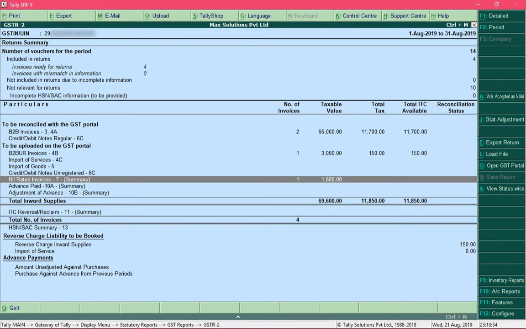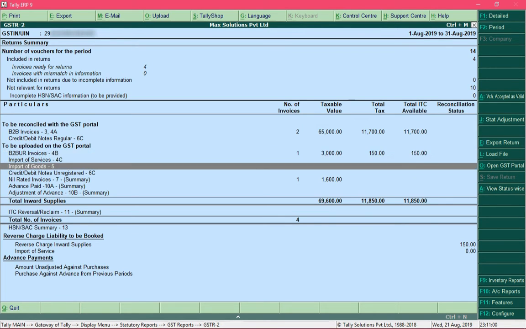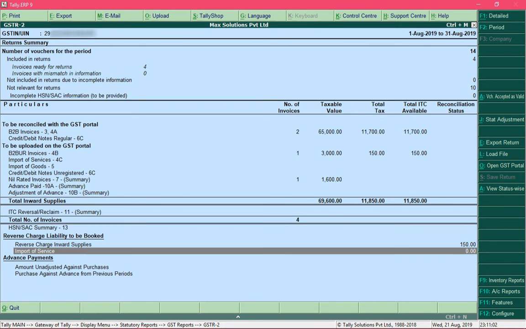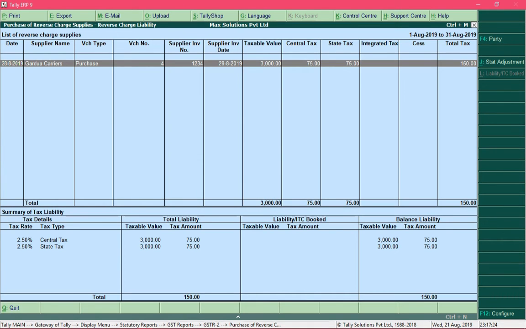And for this transaction, we need to pay ₹150 under reverse charge basis, and over here the same information is provided, and this row is under the heading reverse charge liability to be booked, which means that we need to book a liability for ₹150. And on further pressing the enter key, it will display the transactions for which you need to book liability.